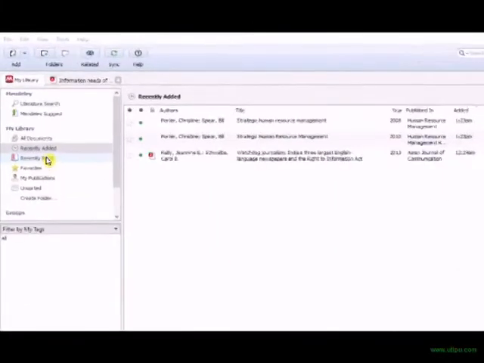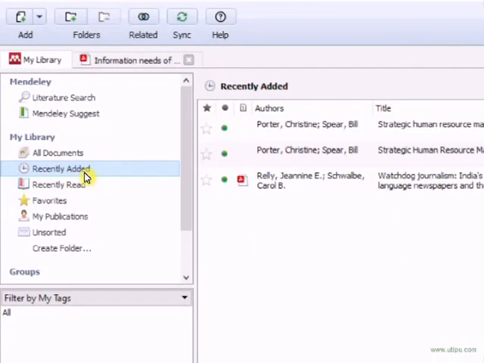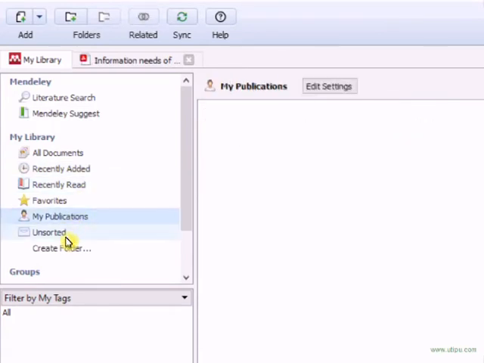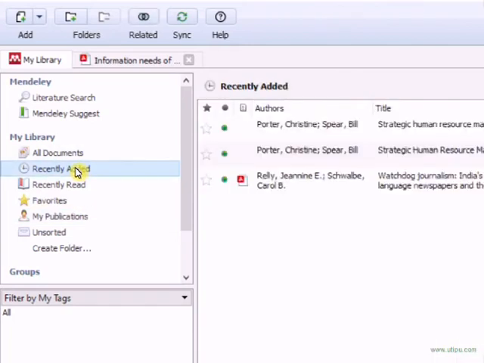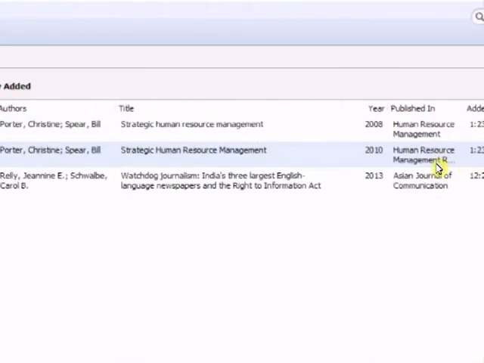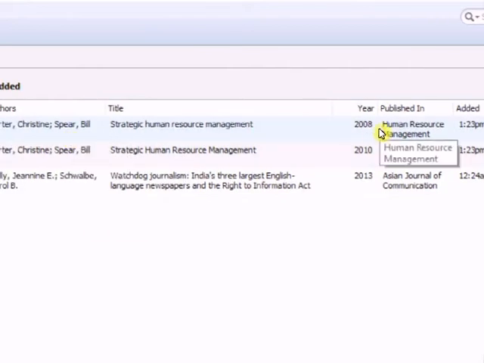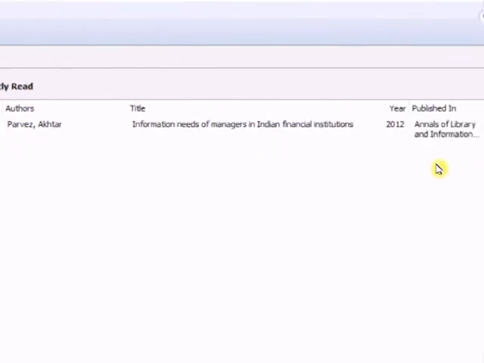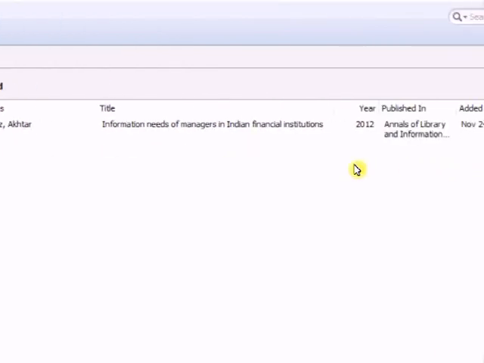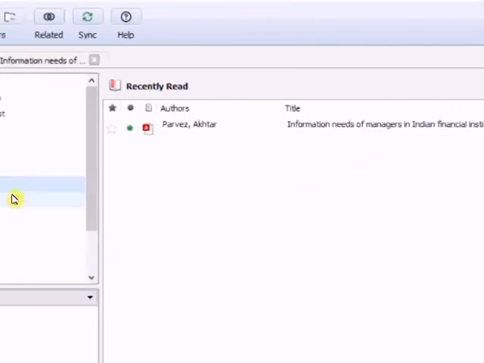Here you see a couple of options of recently added and recently read, my publications, etc. If I want to see recently added articles, I can see all these 3 articles which we have just added, and if I go to the recently read button, then I will see the article which I read recently, or you can say opened recently.